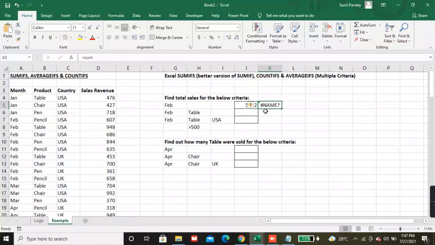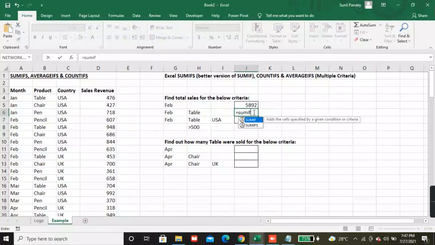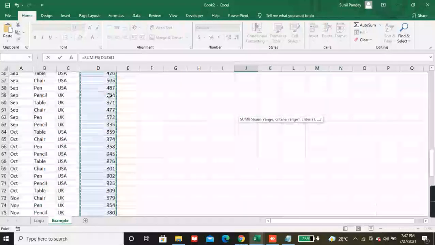Okay, but in this SUMIFS, we need to select the sum range first, and after that you can add as many criteria as you want. Okay, so let's select the sum range first,